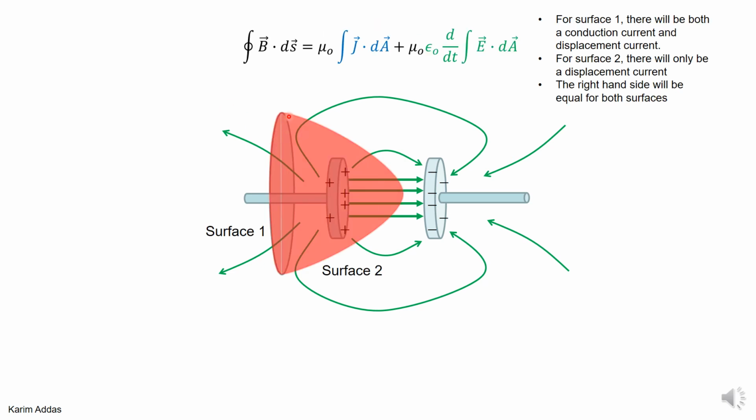If you take surface number 1, in this case, you will have both a conduction current and a displacement current because you have some electric field going through surface number 1 now. So you'll have some value for both. And for surface number 2, you'll only have a displacement current. There's no conduction current. And when you calculate that displacement current for surface number 2, you'll find that it's equal